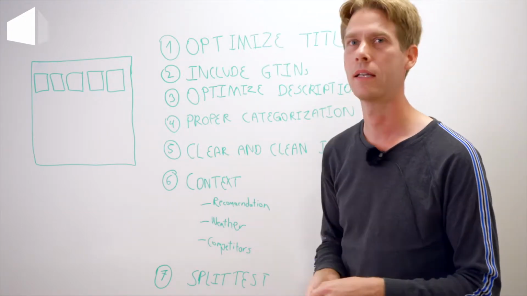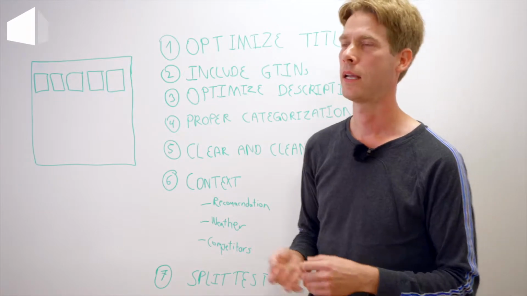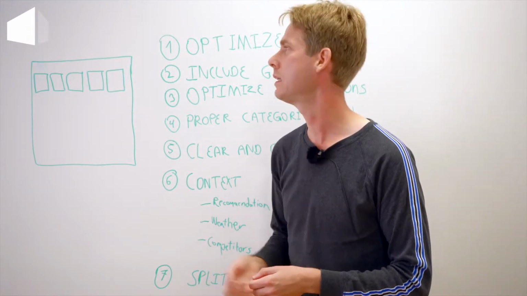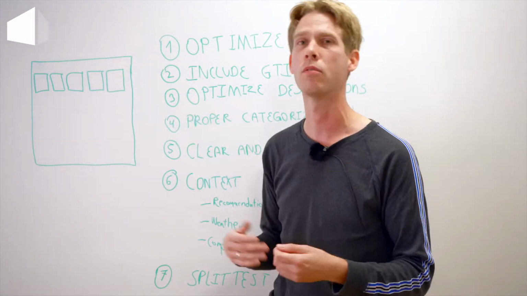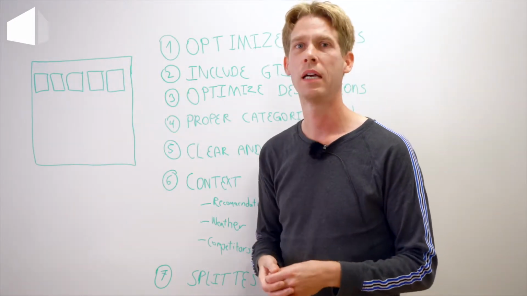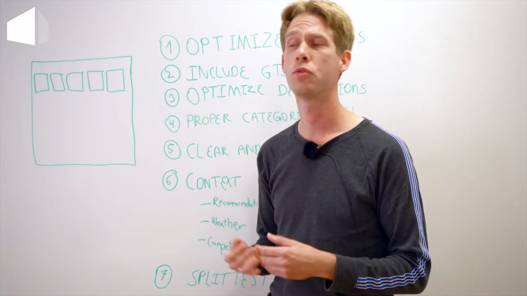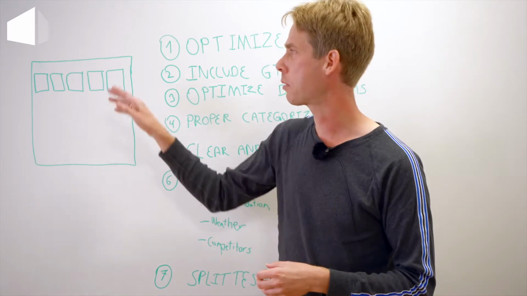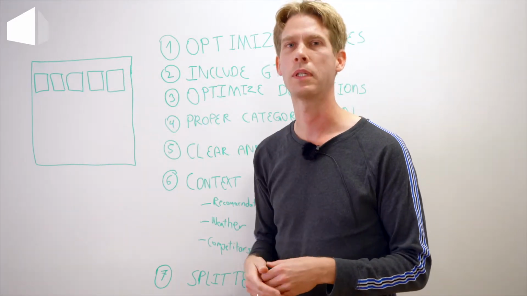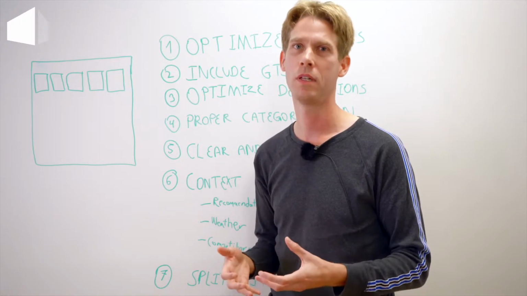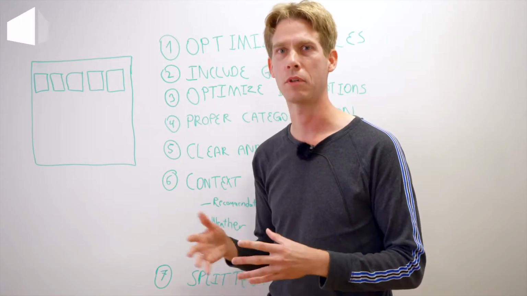Then we have clear and clean images. And it might sound simple, it often isn't. One of the problems that we see is that people might have an image that they use on the website, but it has a transparent background or it has a border or whatever, and Google does not allow it. If you do that on your images, you might not get shown. A transparent background will go through here, but will be converted to black backgrounds in other places, and it will look really awkward. So it's important to keep them clean and very simple.